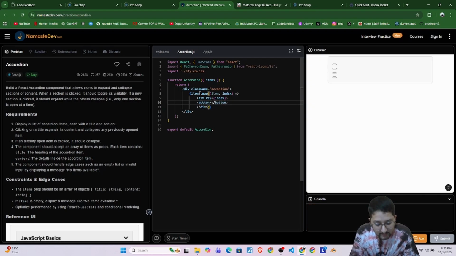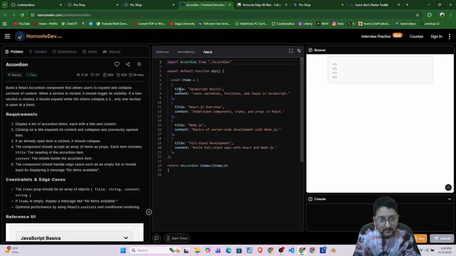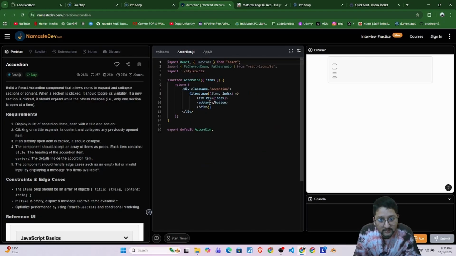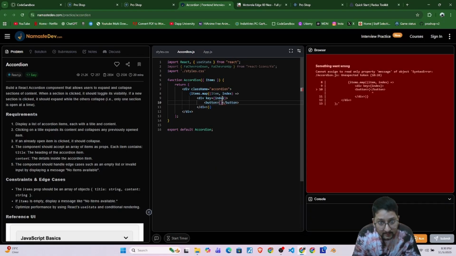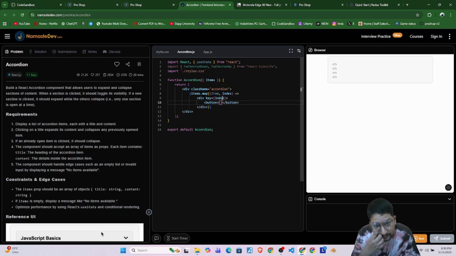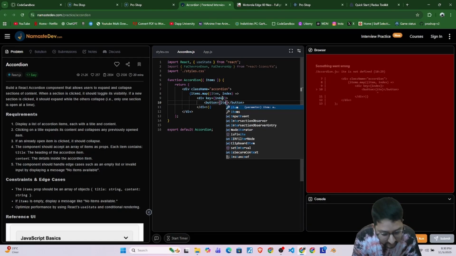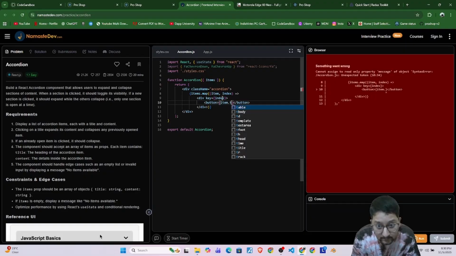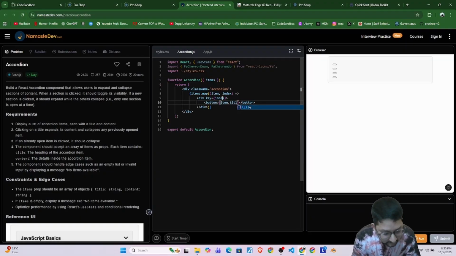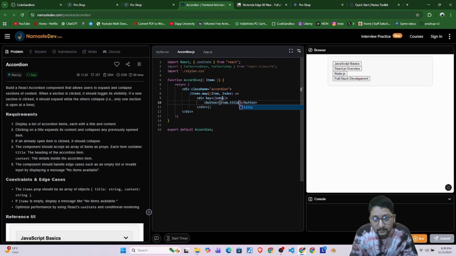Title. Okay, items dot title. So I will be naming it item dot title. Yeah. So we have the button over here,